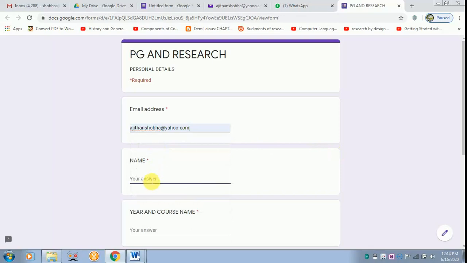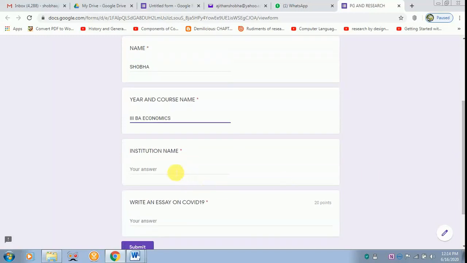Name is, say, Shobha. Year and course name is 3rd BA Economics. Institution name is Government Arts College, Coimbatore.